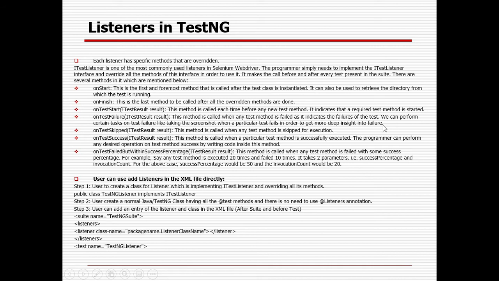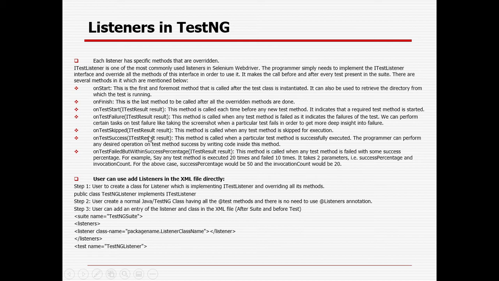So in this session I will not write any program to take the screenshot from the application level. In the next session I will cover how to take the screenshot, but in this session whenever there is a failure, you can add some screenshot already saved in your system. Okay, so you can give the path here.